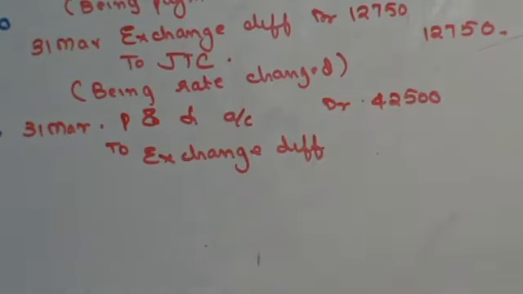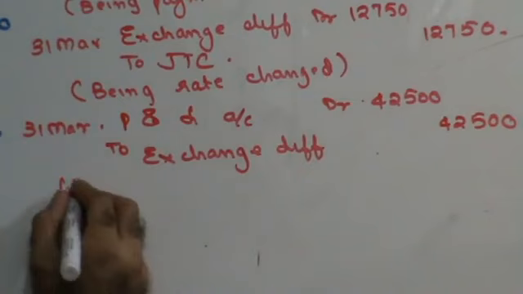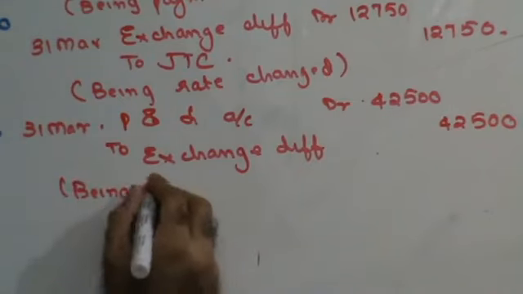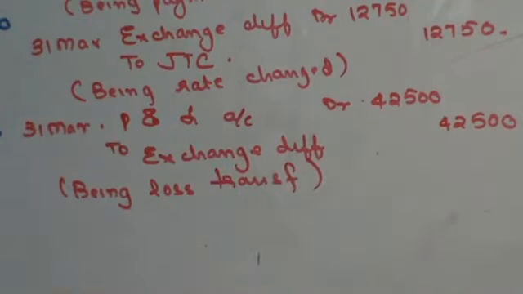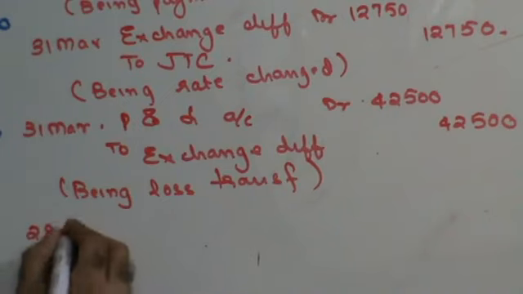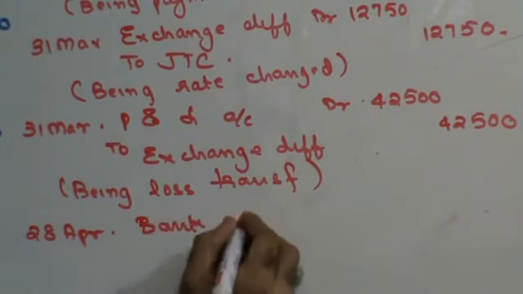42,500, na? Being loss transferred. Right? Now let us receive the payment. The final payment is on 20th April. I have to receive the payment. Bank account debit